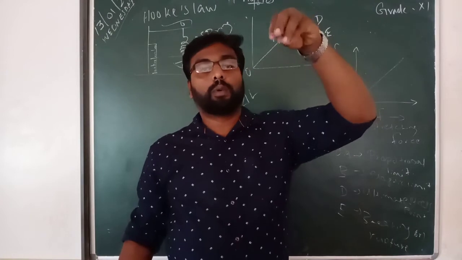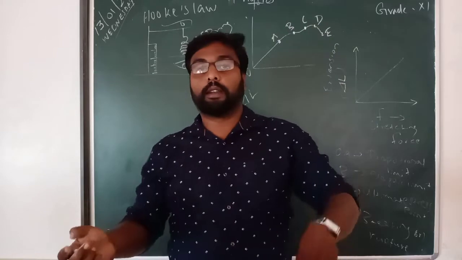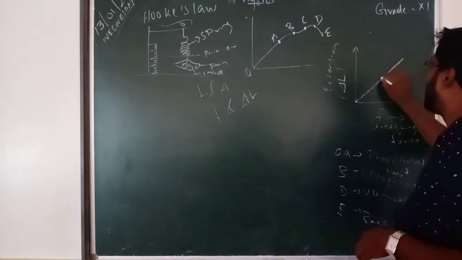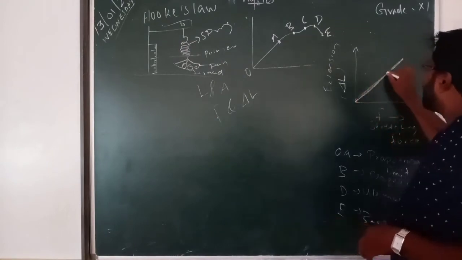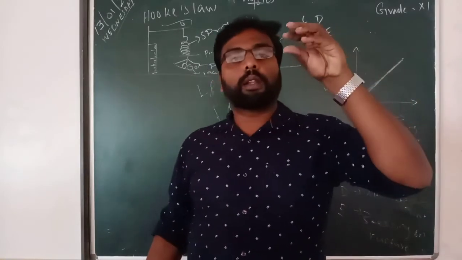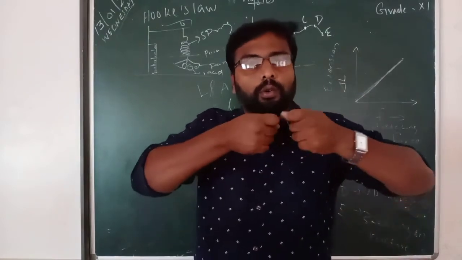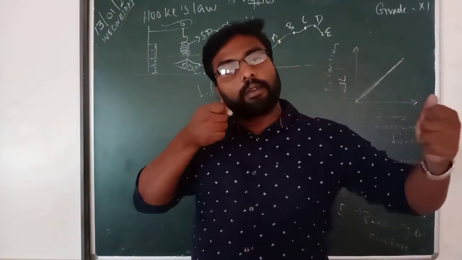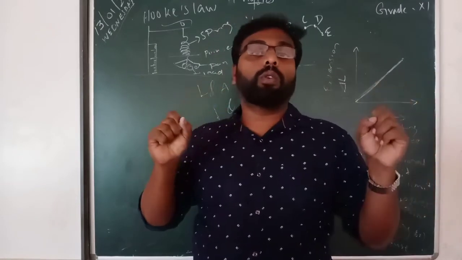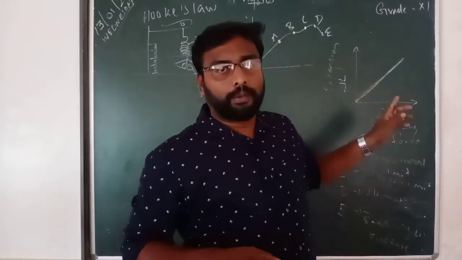As the force increases, you put 50 gram, there is some extension. 100 gram, another extension. If you draw a graph, you will get a straight line graph. That is for the original length, up to some part only. Take a rubber band: you apply a stretching force on the rubber band, up to some extent it will expand, then it starts to break. The same thing here, for its original length.